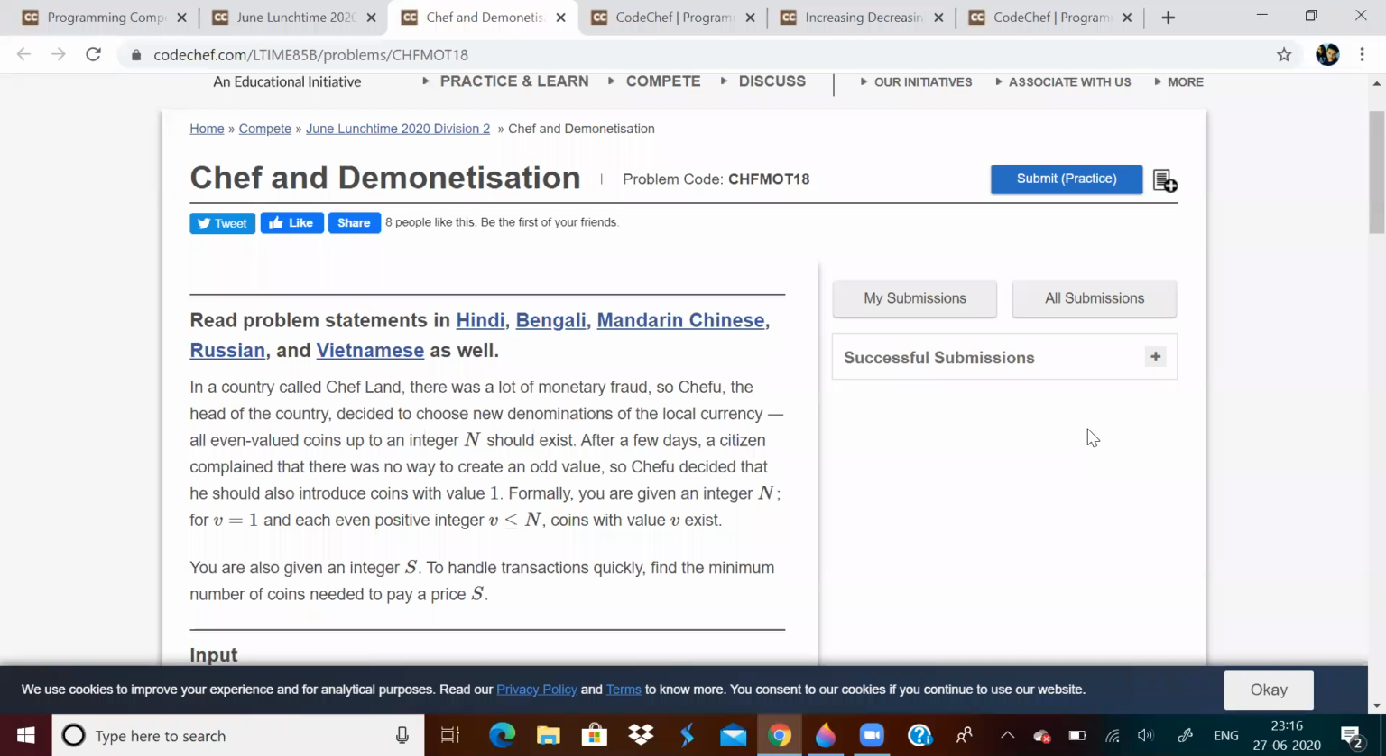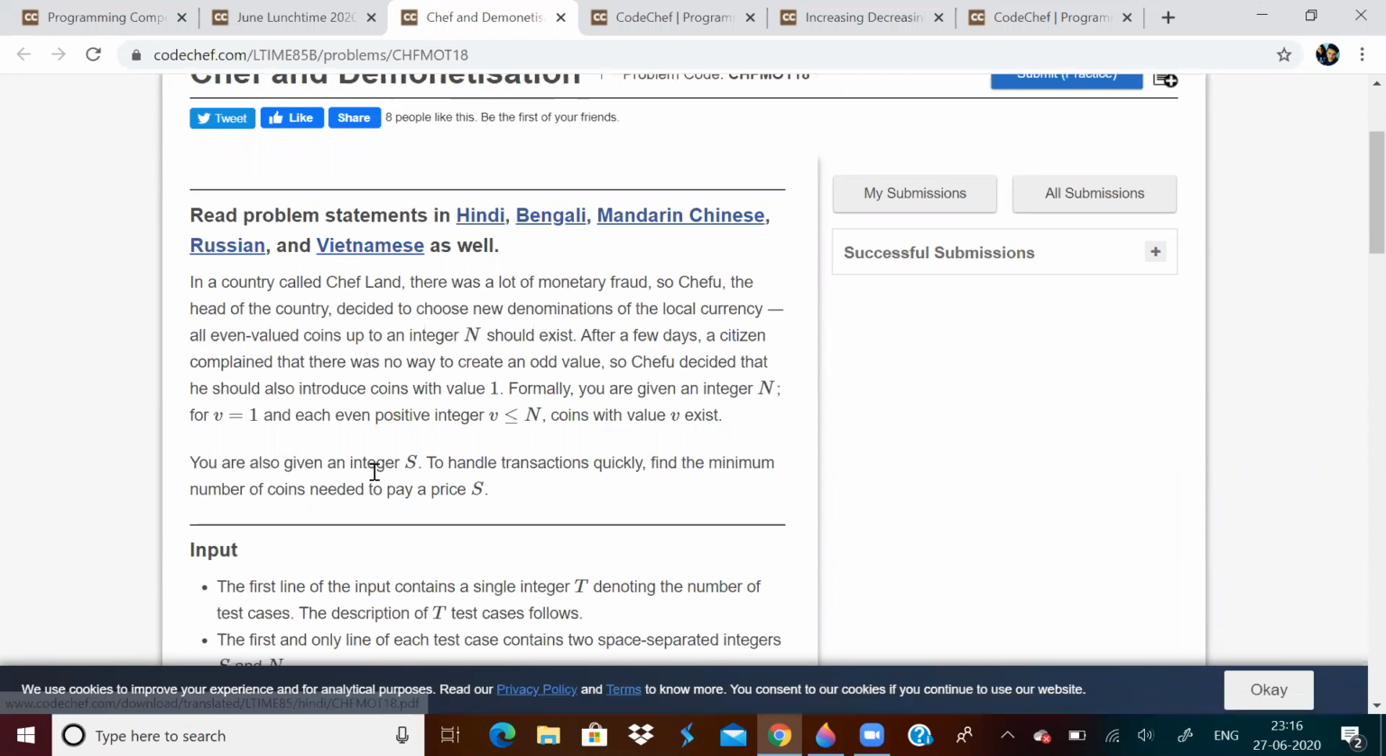Okay, so let us discuss June lunchtime. The easiest problem was Chef and Demonetization. So basically, we are given a number n and we have all even valued coins up to n, and n